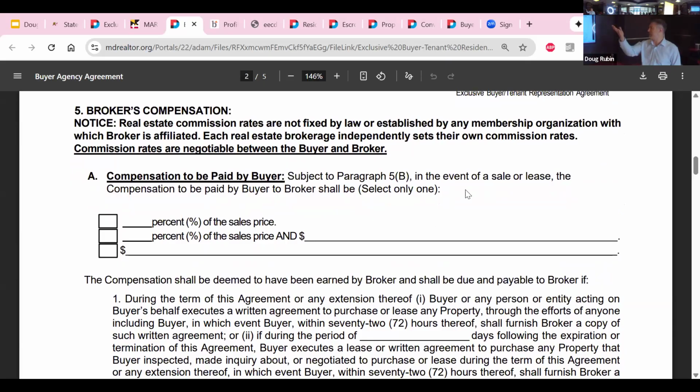I think they actually bumped up the broker compensation paragraph, so it's higher in the page, because this is kind of important to your clients potentially. So again, this looks exactly the same, but this is a little bit more. It's going to potentially impact the pocketbooks in a really direct way for the buyer in ways that they're not comfortable, that they weren't previously understanding. So this is where